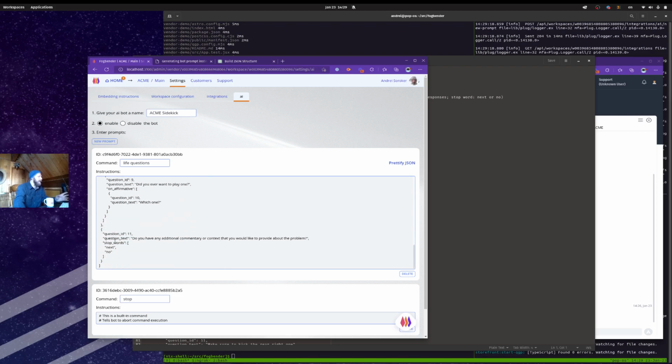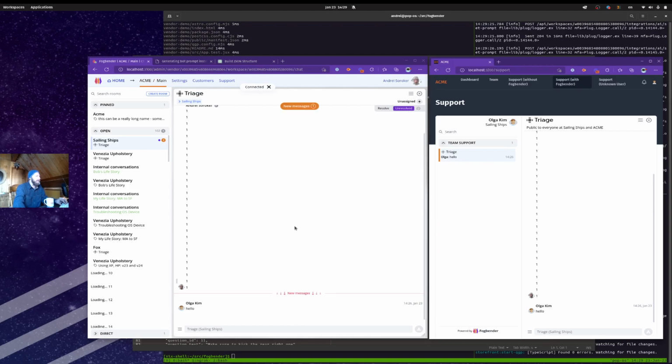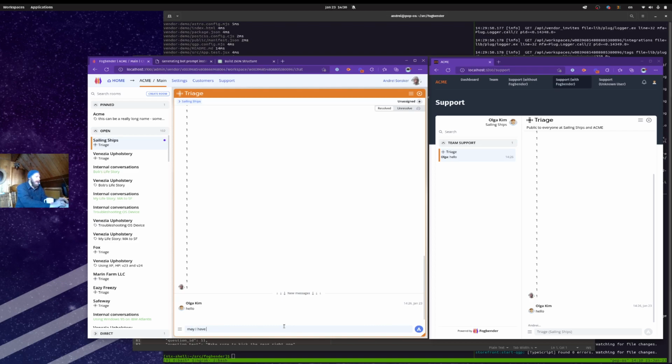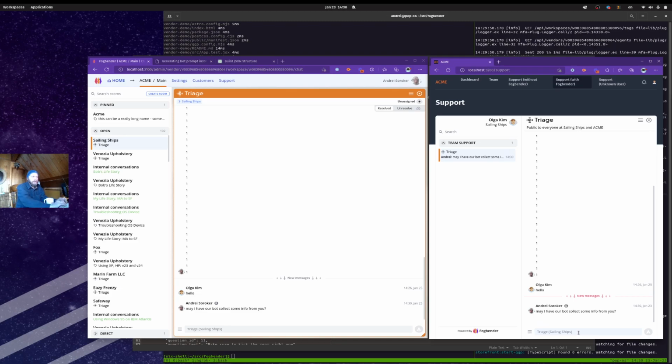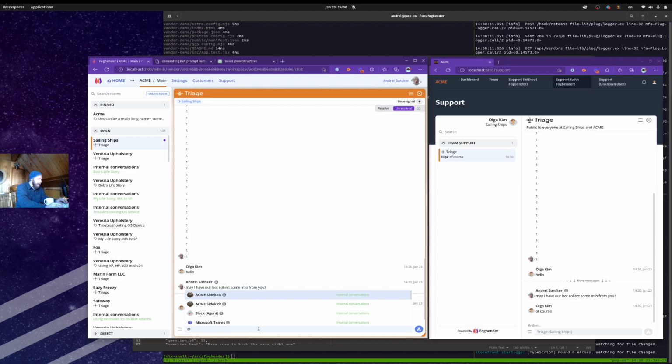All right, so once this is done, you can test it. And this is where having this test user is really nifty, because you're not actually doing this with a real customer. So the way it works is, you'll say, let's say you just need to collect some information from the user. May I have our bot collect some info from you? And then Olga says, of course. So then all you do is you mention the bot, Acme Sidekick,